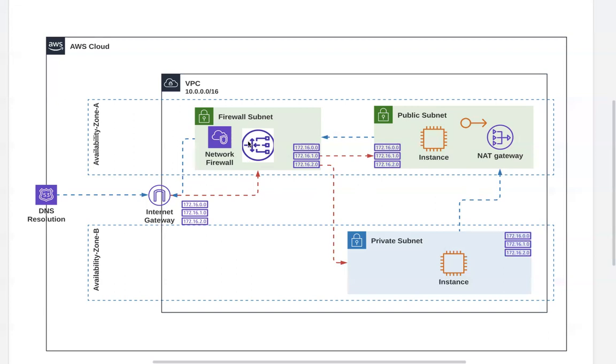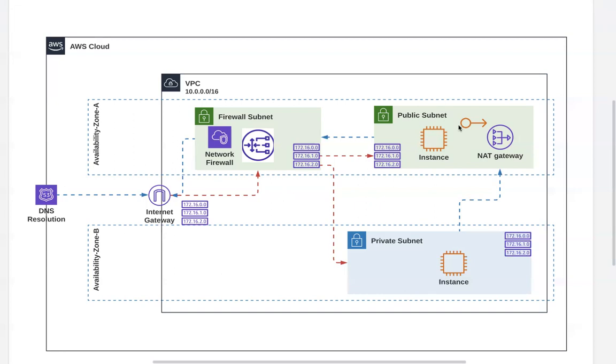So the main motive behind this is that all the traffic from the internet is inspected by the network firewall, where you have stateful and stateless rule groups attached with a firewall policy attached to the network firewall. And all of the traffic from within your VPC, if it wants to go to the internet, is also inspected by the network firewall. So in the next video, I'll show you a small example where I have a public